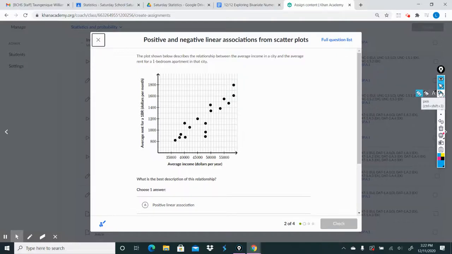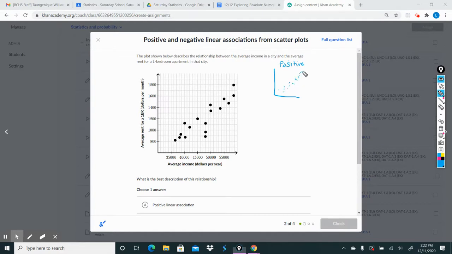Okay, in this video, we're going to go over positive and negative linear associations from scatter plots. So before I actually go over this problem, I just want to go over what a positive and negative scatter plot would look like. A positive scatter plot would be anything where your scatter plot goes up in a positive